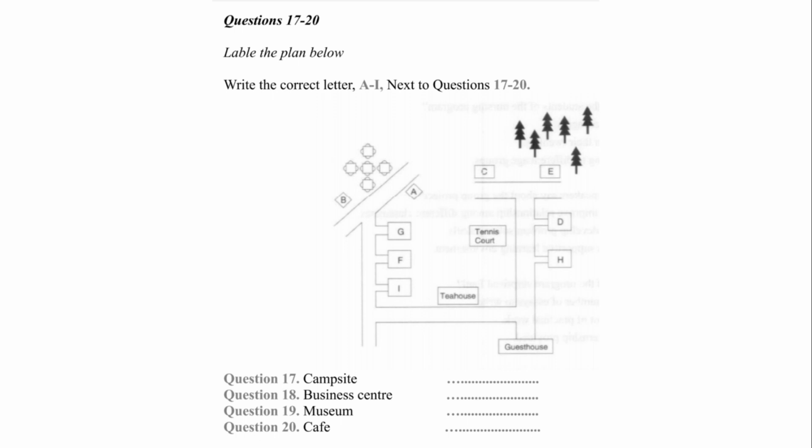But for those who want to experience the natural beauty up close, there is also a campsite. When you get out of the guest house, go straight ahead, turn right at the end of the road. To your left, there is a campsite amongst the trees where you could spend a night under the stars together with owls and chipmunks. If you look at the top left of the plan, you will notice a picnic area. You can either bring your own food, or we can deliver food to you. Barbecue is an option. The business centre is situated directly opposite the picnic area.